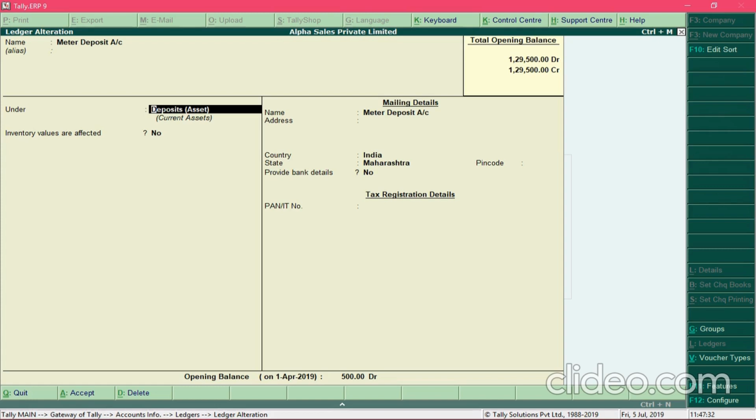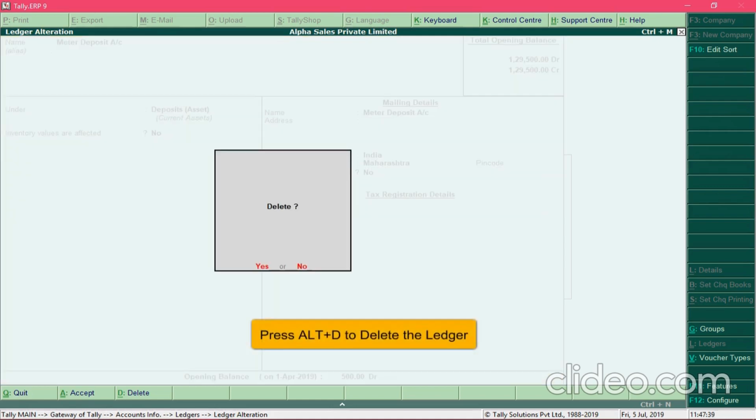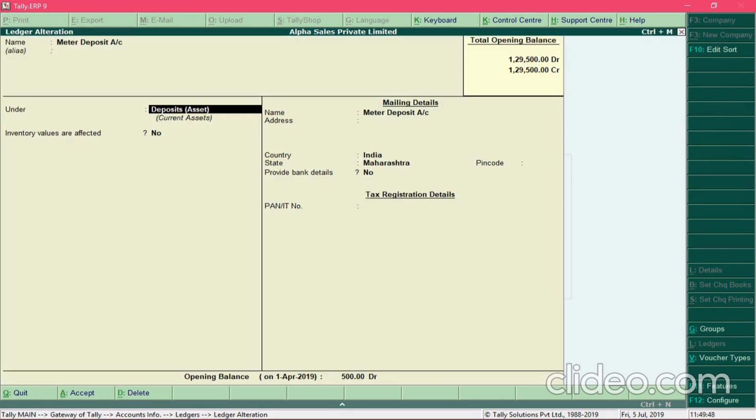And in case you want to delete this ledger permanently, then you need to press the shortcut key Alt D. Tally will prompt you to delete this ledger. So you can either press the letter Y or the letter N accordingly. So this is how you modify or delete a ledger.